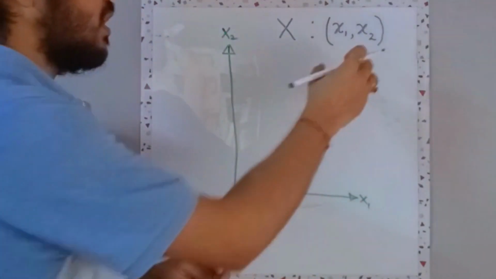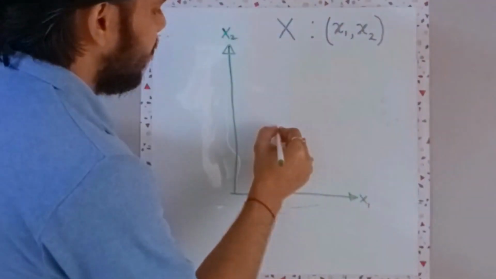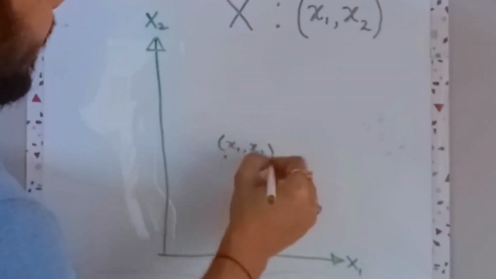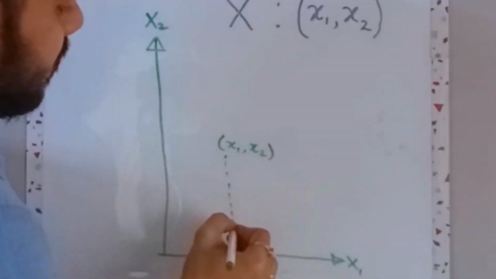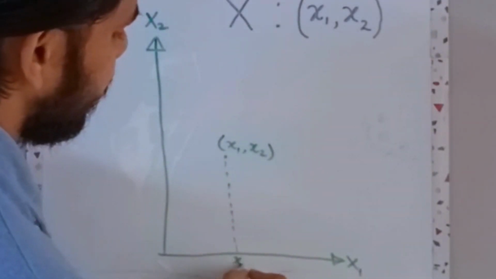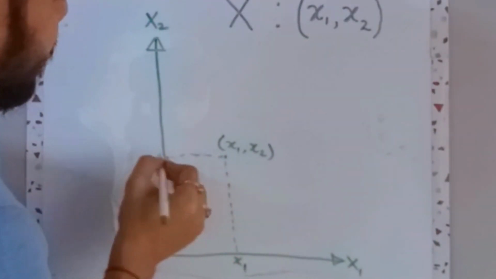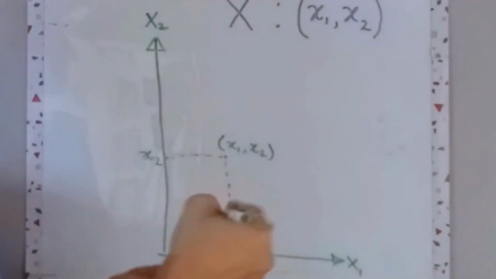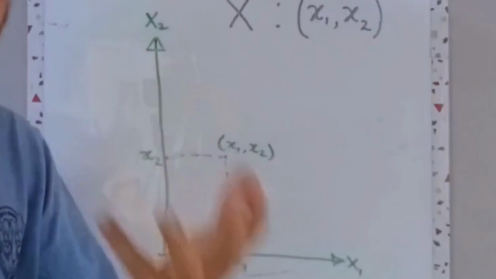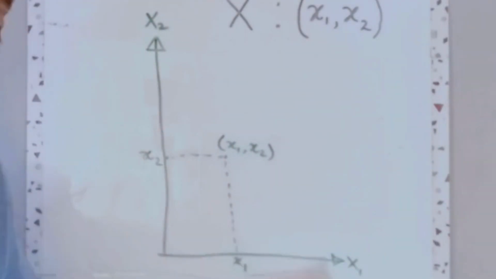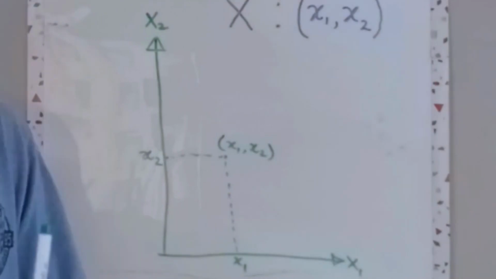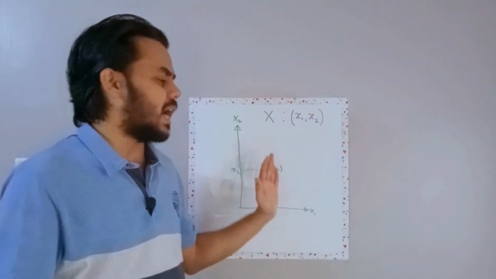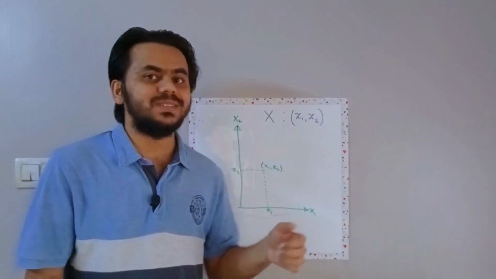So let us say you have a consumption bundle somewhere around here. This point is X1, X2. This thing over here is your X1 and this thing over here is your X2. Now what if I ask you which are the goods which you strictly prefer over this or weakly prefer over this? What you will do is plot all the points, or rather denote all the consumption bundles on this chart which I weakly prefer over this. So how will we plot that?